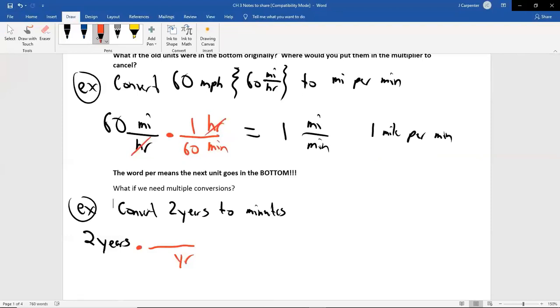You might say we'll go to months, and there's 12 months to a year, and that seems okay at first, but if you remember a week ago, I said we don't know how many days are in a month because it varies from month to month. We don't want to just say 30 because only half the months are even 30. Some of them are 28 or 29, some are 31. So it's a bad idea to go between years and months,